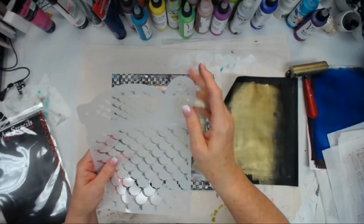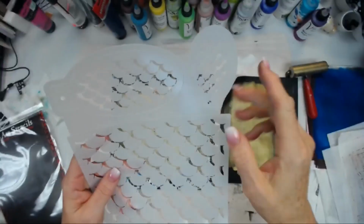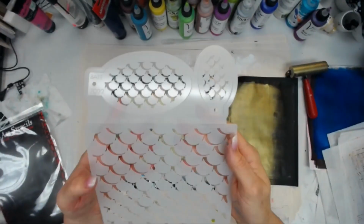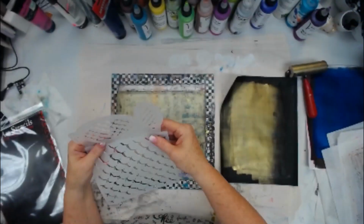But this one is like two stencils. These are her triple threat, she calls them. And this one's called Merfolk. I don't know if you can see that on the camera. Try to get it tilted. There you go. It's tricky to show. Merfolk, number 7022. And they're called BATT, B-A-T-T, Badass Triple Threat. That's because there's 3 different stencils